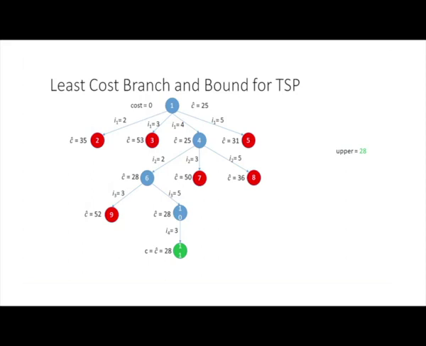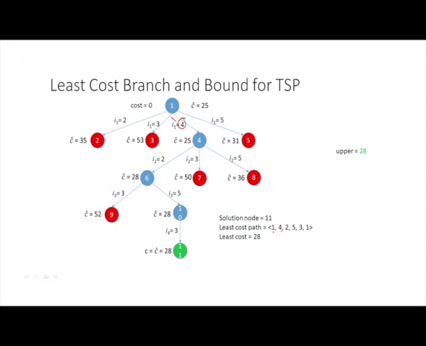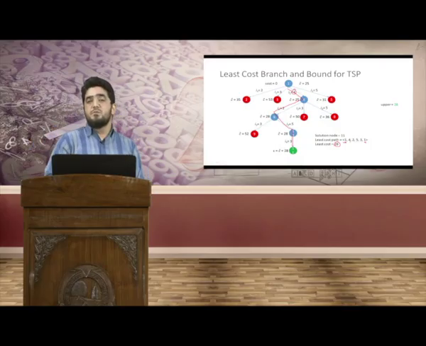and we have found a single leaf node with a cost amount equal to 28, and this is the minimum cost amount that we have found for the traveling salesman problem. This leaf node corresponds to the least cost path from 1 to 4, as you can see in this path here. This is the path that we have to follow. The start and ending vertex is implicit, that is vertex number 1. So from 1 we go to 4, then we go to 2, then we go to 5, then we go to 3, and then we go to 1, and the total possible cost for this traveling salesman problem is 28. So this was the illustration of how you can use least cost branch and bound to solve